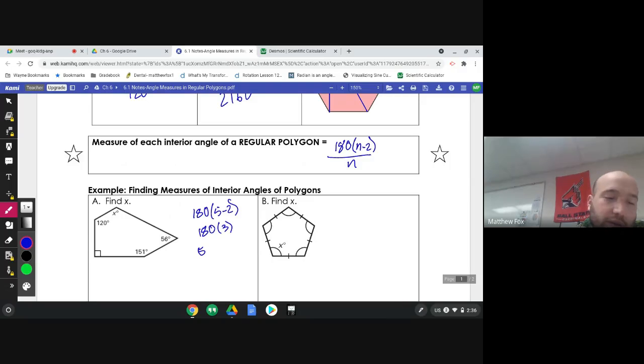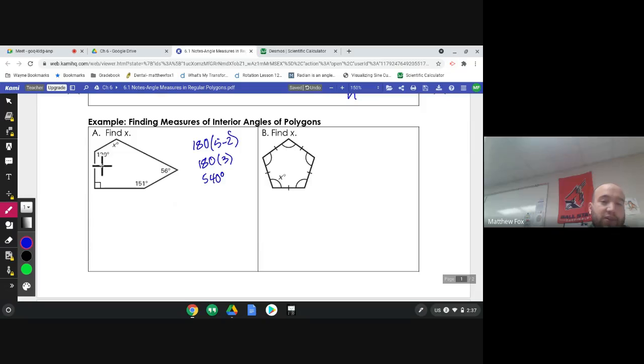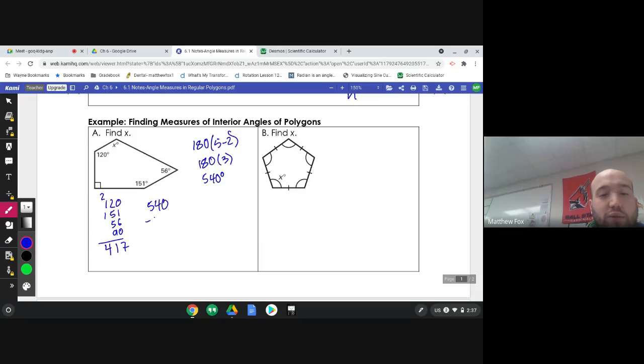So our total is 540 degrees. Okay, at this point, we can add all of these up. Now, I don't know what x is yet, but 120, 151, 56, and I know that square is 90. So if I add all those up, 120, 151, 56, also that 90, we'll get 417. All we have to do then is take that 540 minus the 417, and whatever we get, that is what x equals. So in our case, x will equal